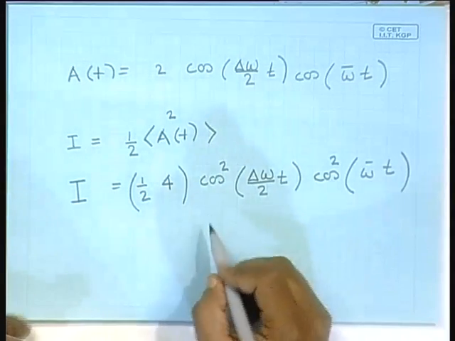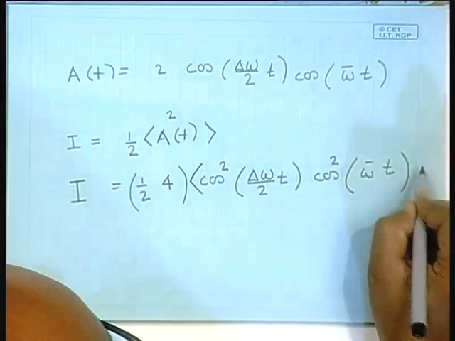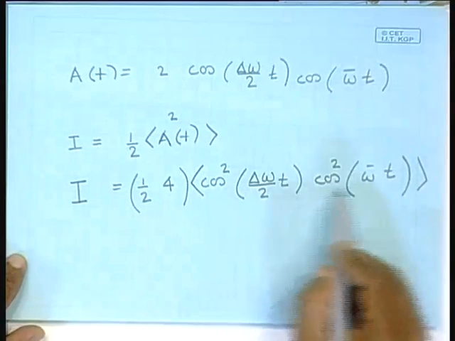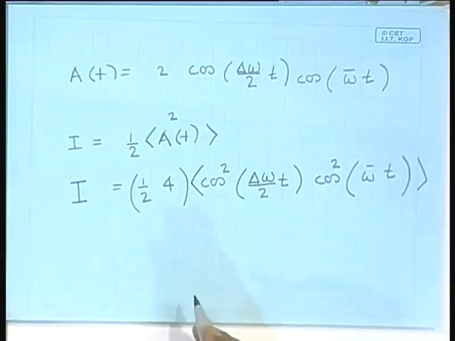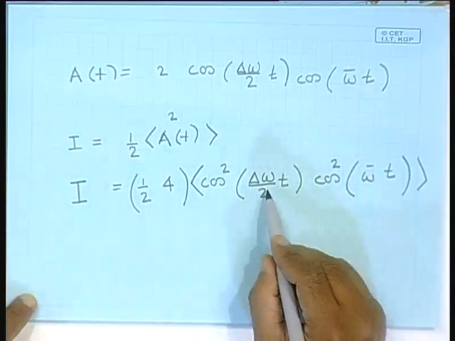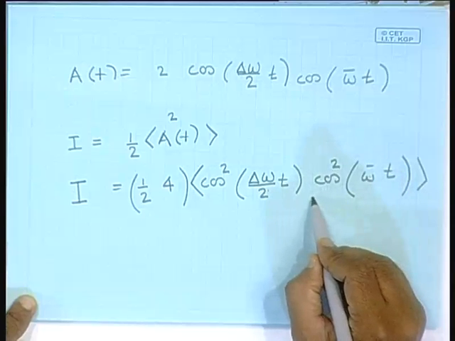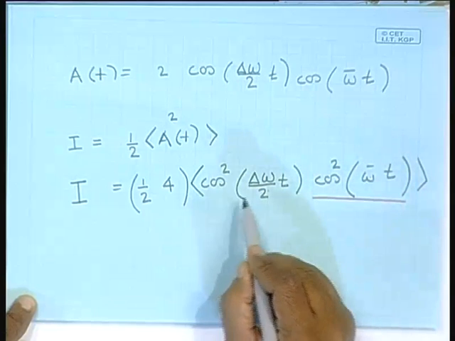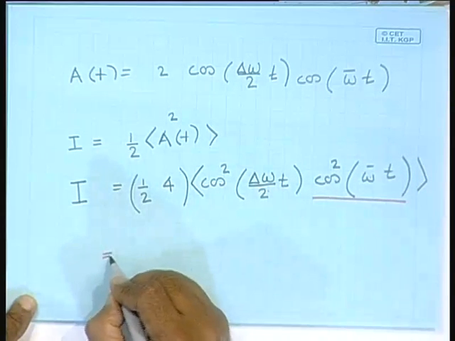The question is, should we average the product of this, or over what time scale are we averaging? As we have already discussed, we should average over a time scale which is intermediate between this and this, so that this gets averaged out, but this will not get averaged out, and this time average is going to give us